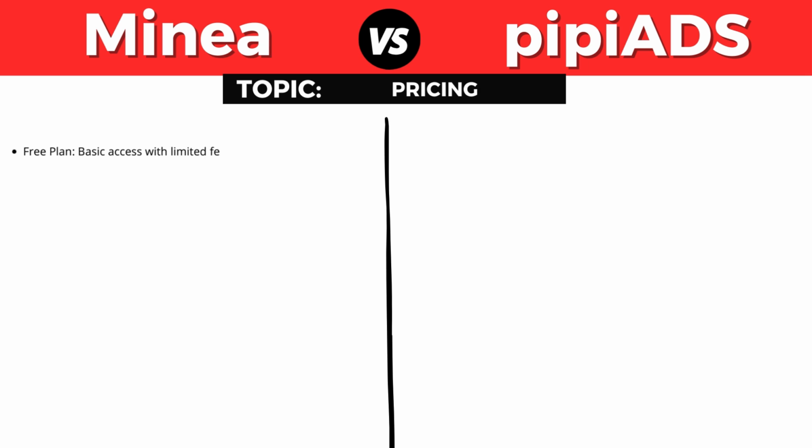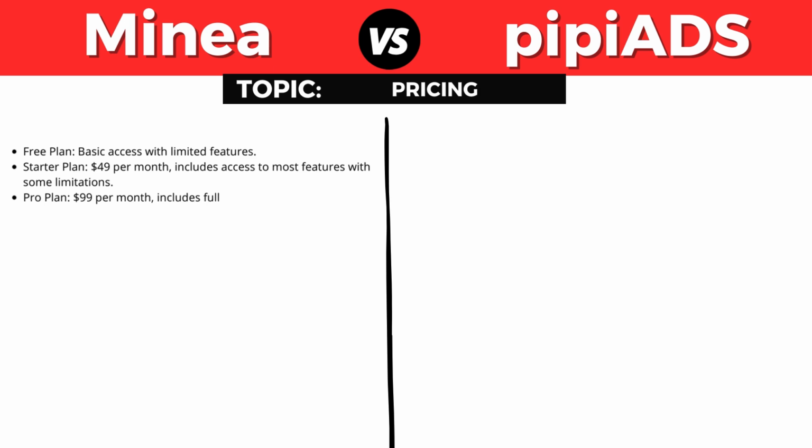Minea, free plan, basic access with limited features, of course. Well, we have the starter plan of $49 per month and includes access to most features with some limitations. And we have the pro plan of $99 per month, and that includes full access to all features and priority support. Then we have, on the other hand, PiPiADS, and PiPiADS has a free plan with limited access